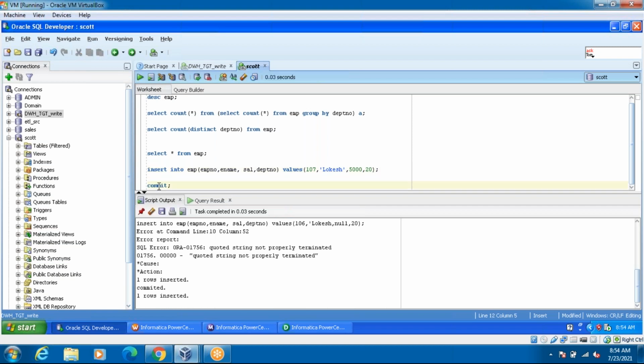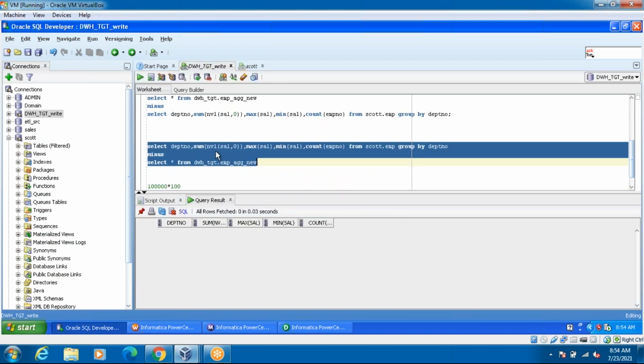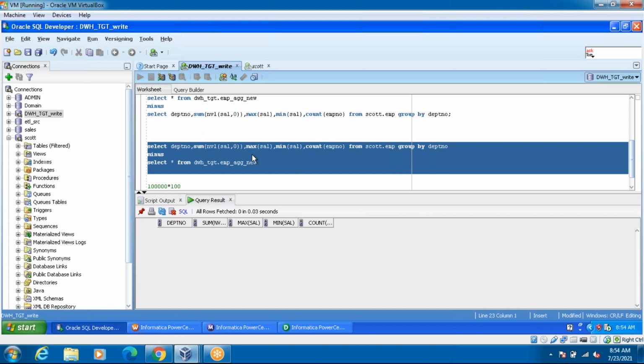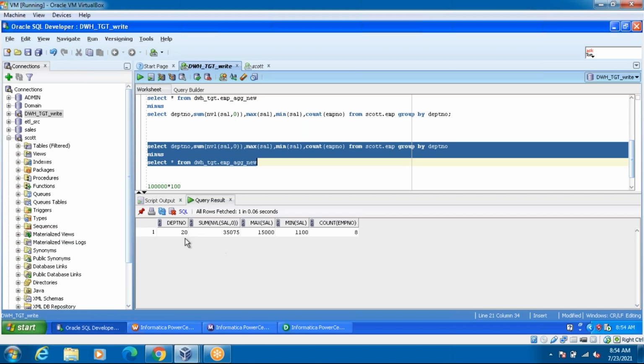Because I didn't execute the job, I just added the data on my source side. If I execute this one, automatically the data is mismatched. See, I got the 20 department data not matching.